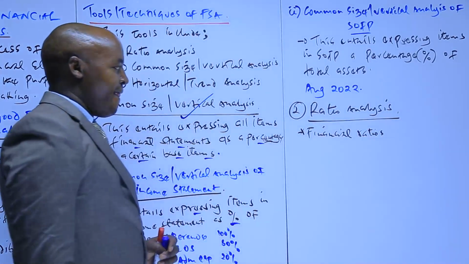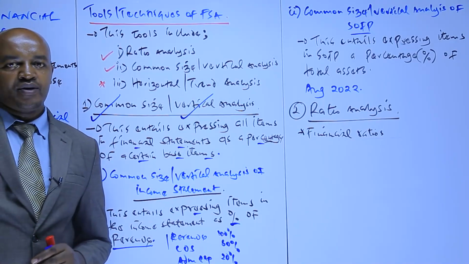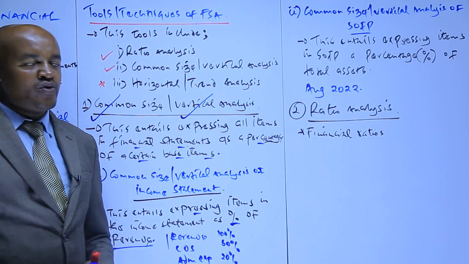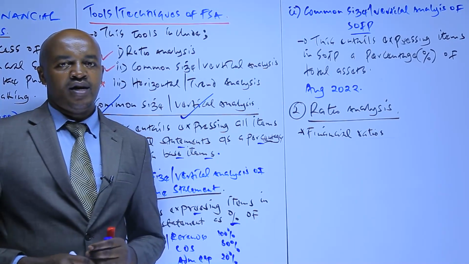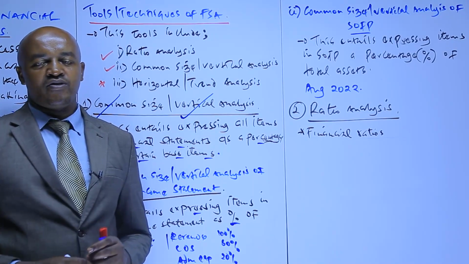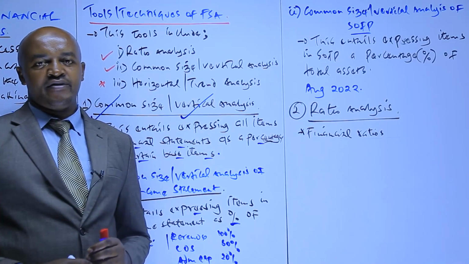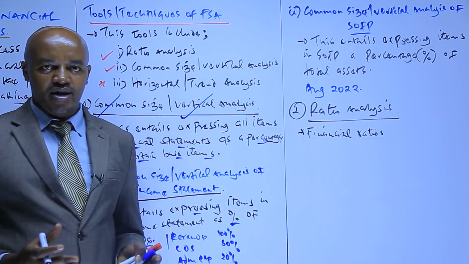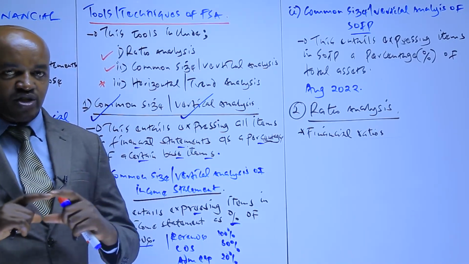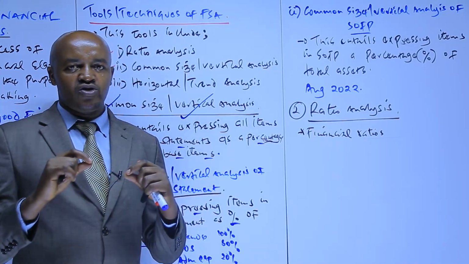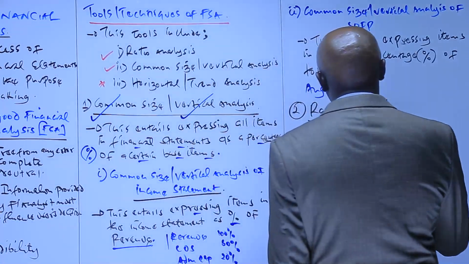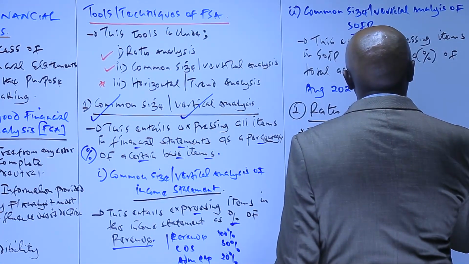What is a financial ratio? This is basically a relationship between two or more financial variables. For example, as a financial analyst, you can express the profit reported by the company, maybe the net profit or the operating profit, as a percentage of the company's revenue. So whatever you get, which automatically will be a percentage, is a financial ratio. And basically it shows the relationship between the operating profit or the net profit with the company's revenue. So therefore you can say financial ratios is the relationship